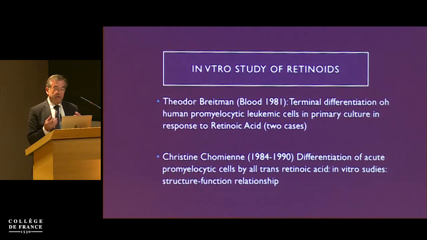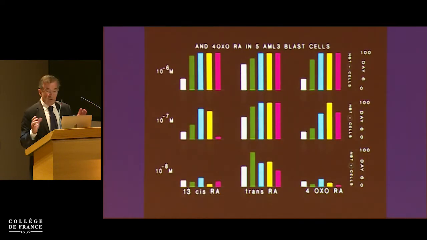So the problem is that we studied the retinoids, and Theodore Breitman, and as referred, Hugues de Thé, showed that there is some terminal differentiation. And Christine Chomienne, with us, we took 60 fresh cells from patients and tested and saw that there is a real differentiation of acute promyelocytic leukemia with all-trans retinoic acid. For instance, she compared the 13-cis, all-trans and 4-oxo. You can see at the dilution of 10-8, only all-trans retinoic acid is able to modify the malignant cell to